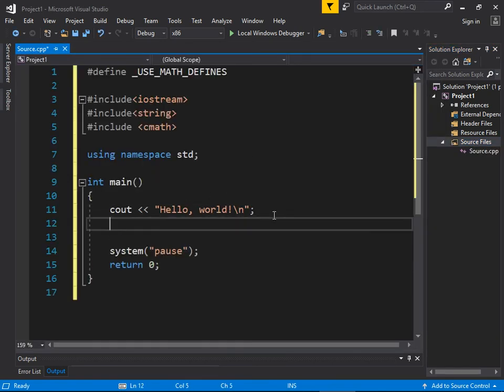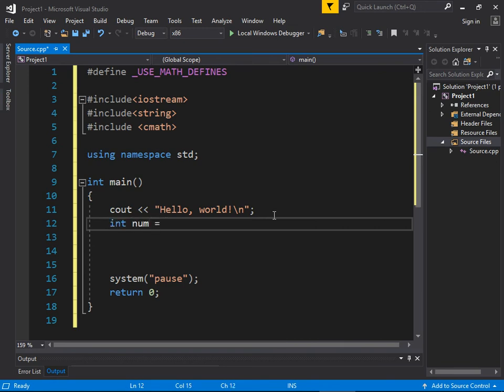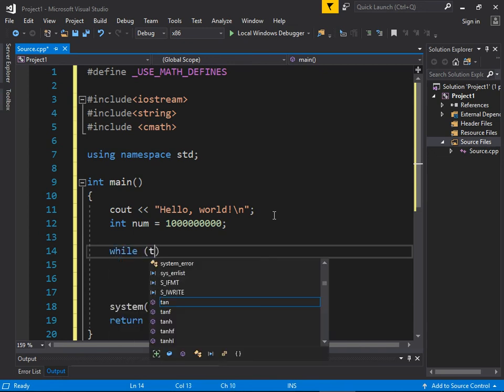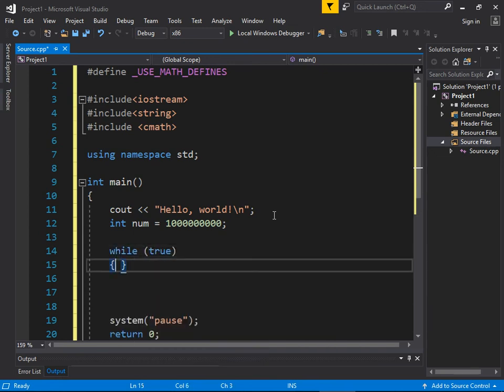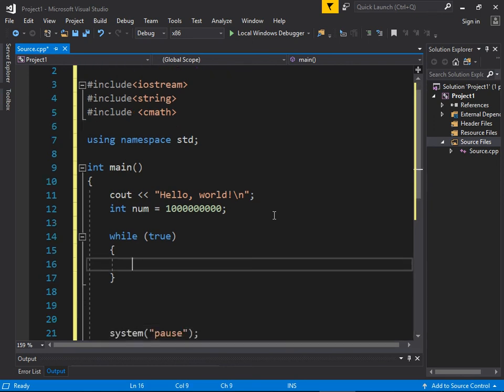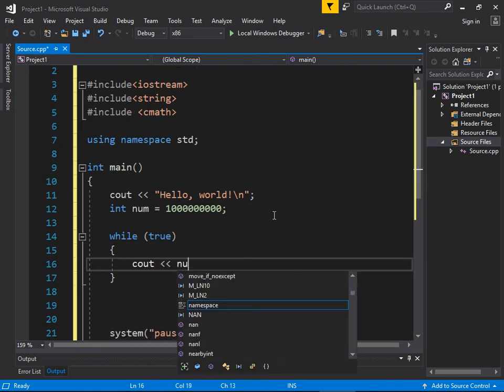All right, so I'm going to start a number counting, and I'm going to add like 100 or 1,000 or 10,000 or 100,000 to it each time. So int num is equal to whatever. I'm going to start it off at 1 billion, which is a 1 followed by 9 zeros. Large number. All right, and then we're going to have a loop. It's going to go forever, while true, but I'm going to put a break in it so it stops at a certain point. So let's print out the num, cout num,